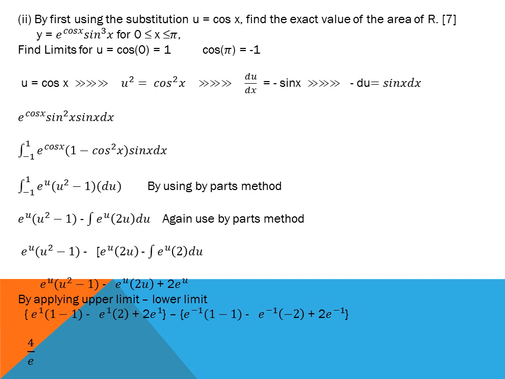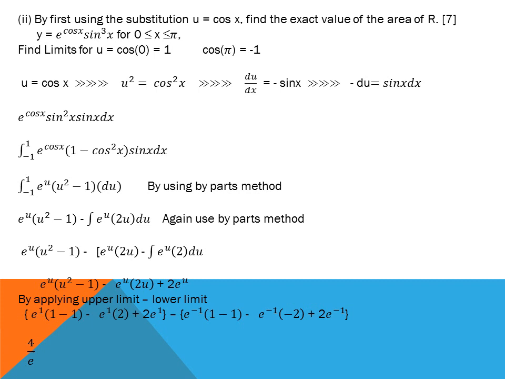Now I use the by parts method here. I have already told you that by parts and substitution are the most difficult parts of integration. In the by parts method, there is a function and one variable. You should always integrate the function and differentiate the variable. So the integration of e^u is e^u, and write u² - 1 as it is. Take the negative sign, integration, write the integrated function e^u as it is, and take the derivative of u² - 1, which is 2u du.